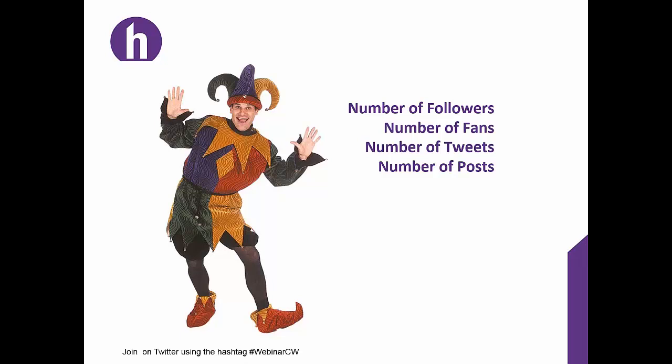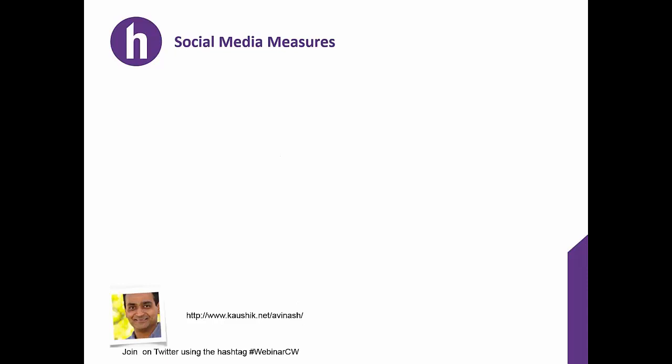So instead of the numbers of followers or the number of tweets or the number of posts, where we're simply counting things that are your activity, instead I want to give you now the 4 measures that you should be using in terms of your social media. And if you only learn one thing today, this is the one thing I want you to learn. If you're using social media, you should be measuring conversation. So what that means is if I send out a tweet, somebody replies to it. If I put something on LinkedIn, somebody comments on it. What conversation is a measure of is, are people seeing what I'm saying and are they interested in what I'm saying?